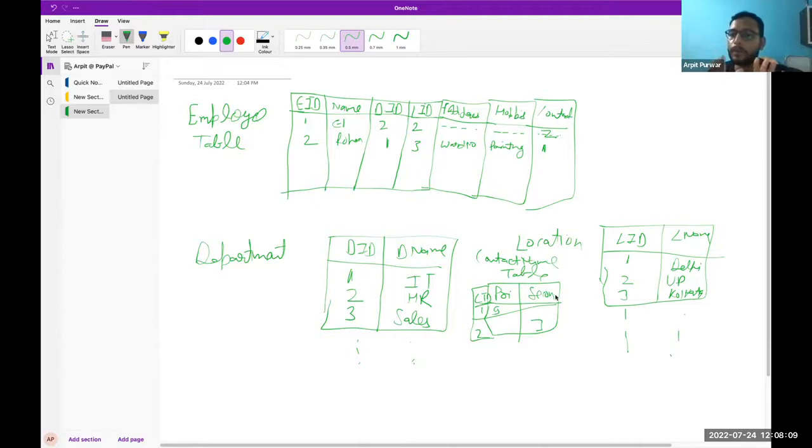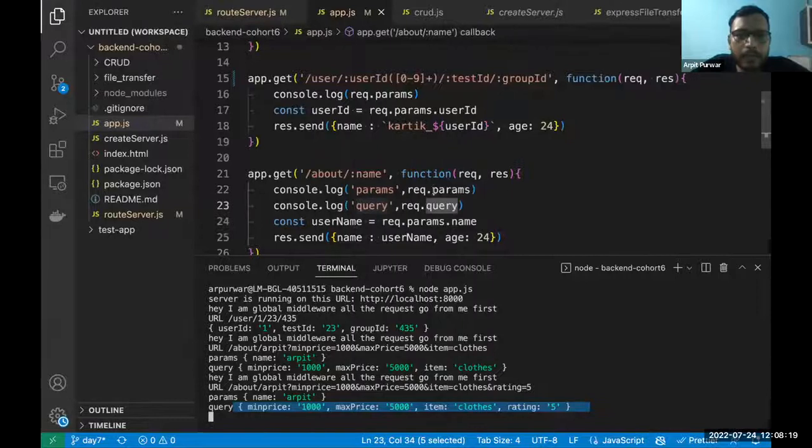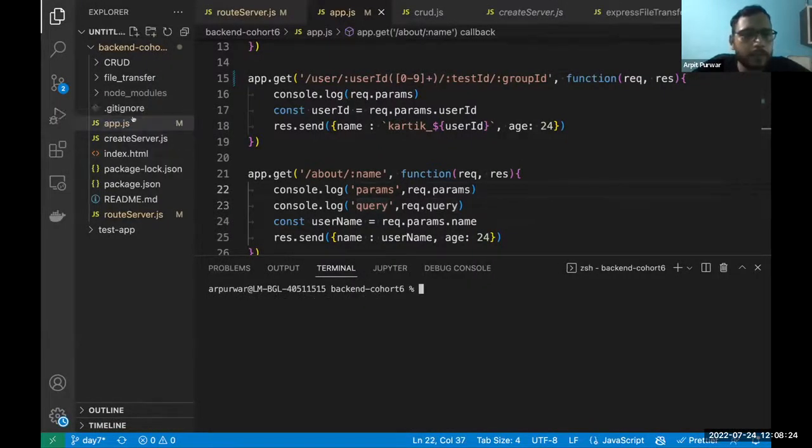Okay, let's try to replicate the same data in the non-relational database. For that, I think I can create one JSON file. It would help us a lot. And let's create it here only, in the day 671, right?